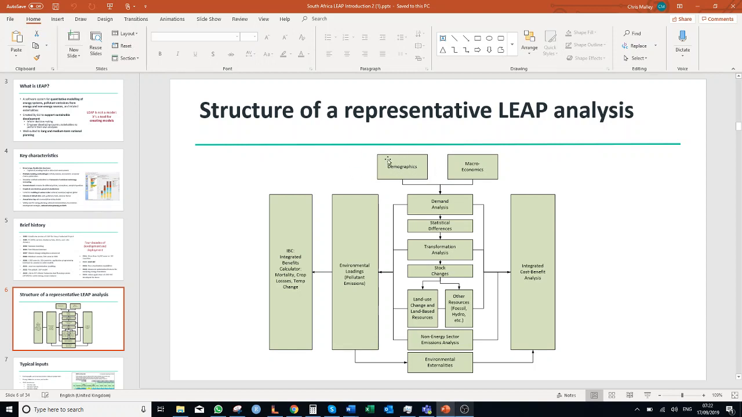So this might be information on demographics, like population. It might be macroeconomic indicators like GDP or the value added from industry or services or agriculture to the economy. And these may be projected over time, and this is something that is added externally to LEAP. And what that does is then drive our energy and non-energy sector models, which are really at the heart of